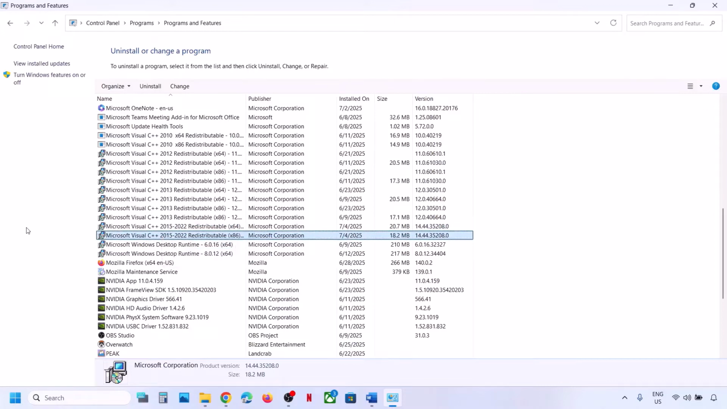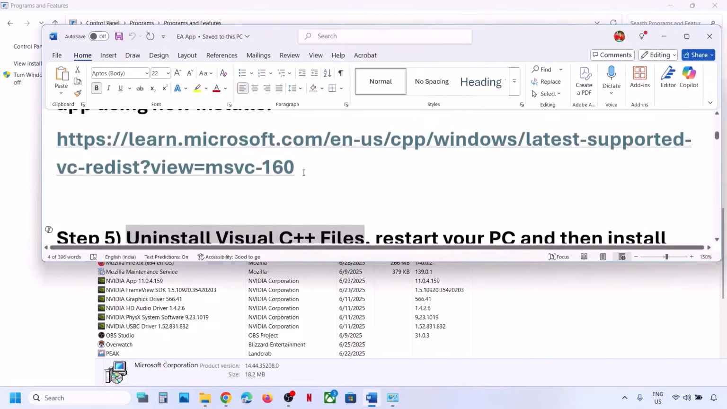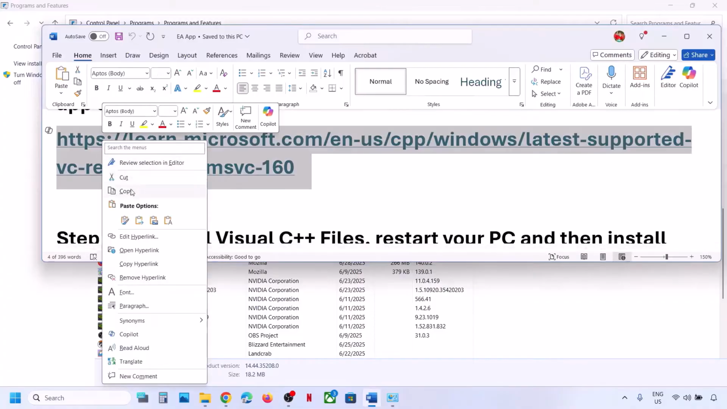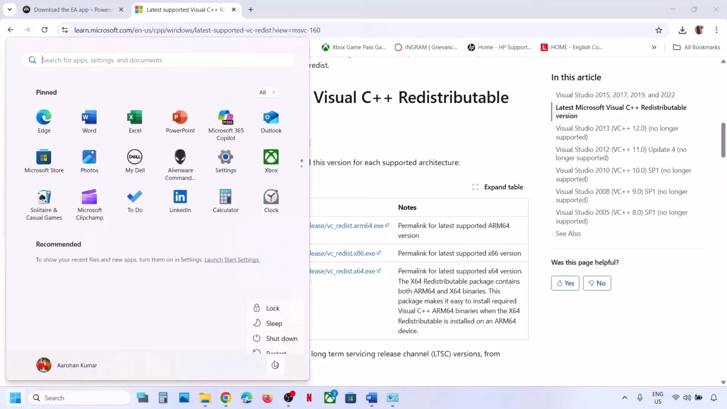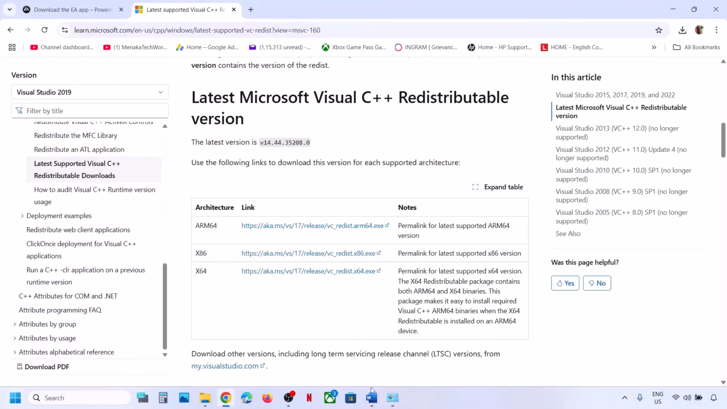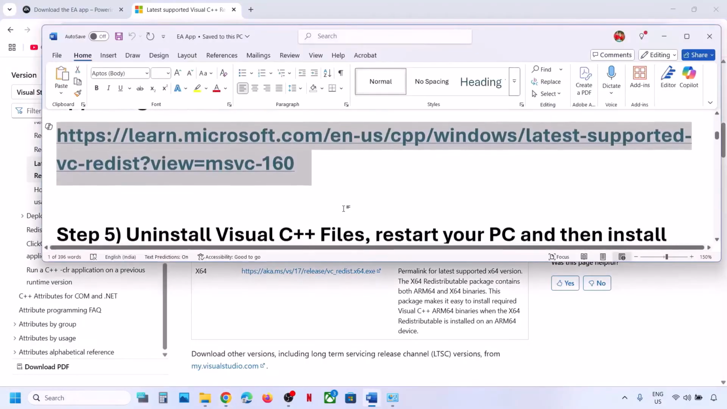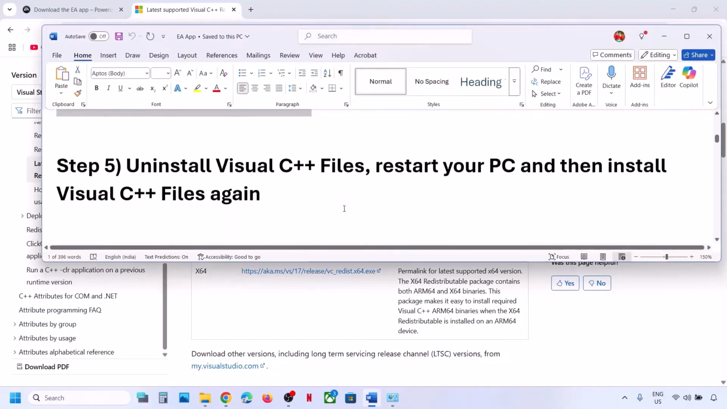You can even uninstall all the Microsoft Visual C++ files, only the Microsoft Visual C++ files, and then again go to this link and install the Visual C++ files again from this website, both x86 and x64. Install it, and then after you install it, restart your computer, and after the system restart, launch the game. Try to install the app. Next step is to